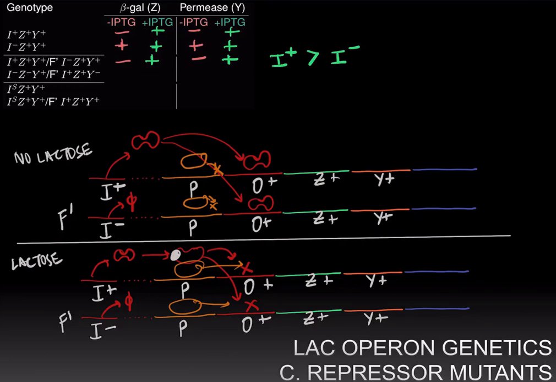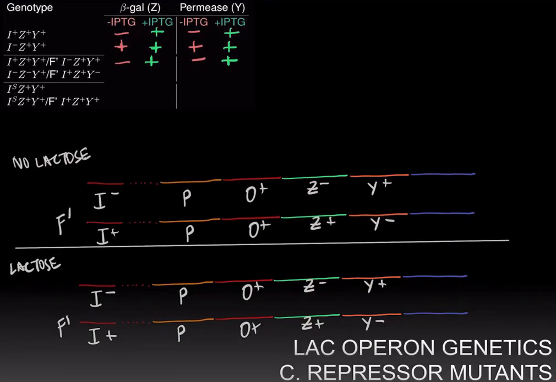Next, Jacob and Monod wanted to investigate whether, similar to OC, the mutant for the operator, I minus acts in cis or not. And they were able to achieve this by pairing the I minus allele with Y plus and the I plus allele with Y minus. And the prediction, if I minus acted in cis, was that the permease